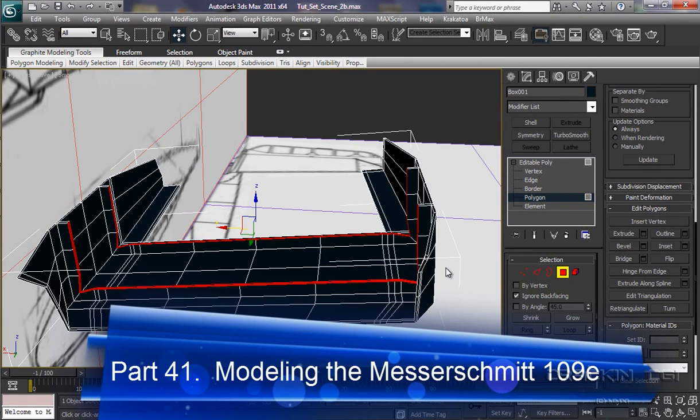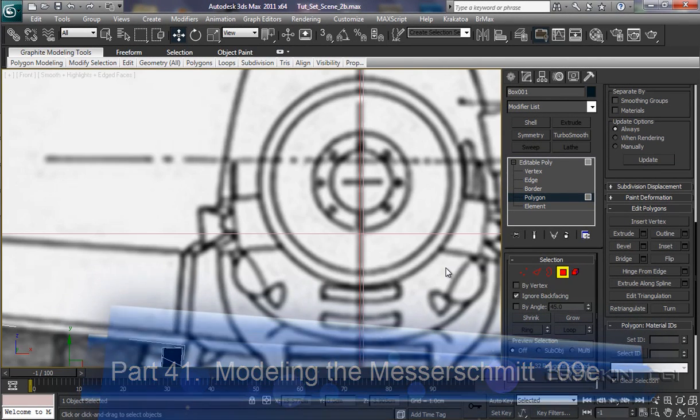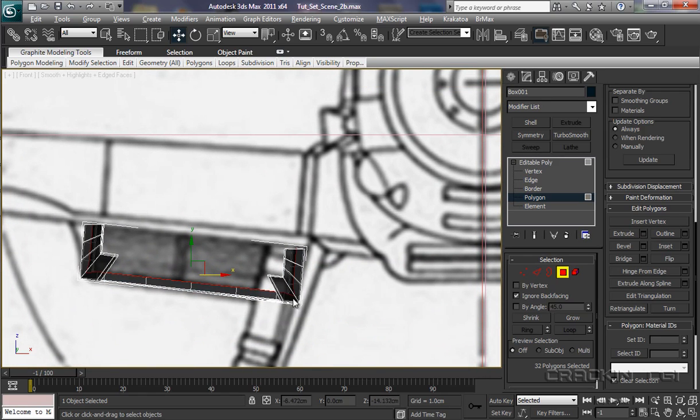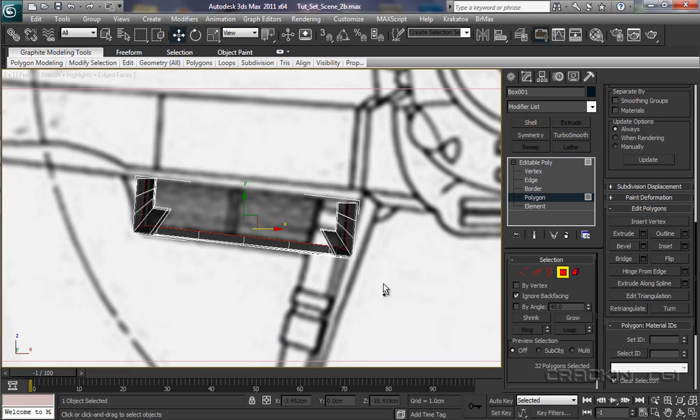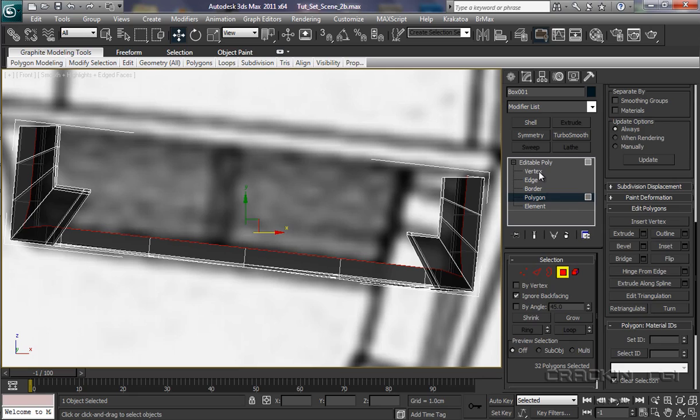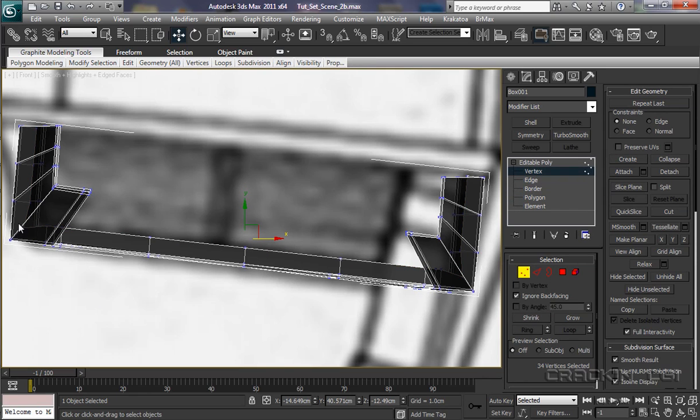Okay, let's put this into our front viewport. Alt X to get it into transparency mode. I'm going to zoom in now into vertices, and what I want to do is grab these vertices inside here. We'll keep it on that plane there and just pull them up so that it's in line with this front line here. Just there. Grab this one down here,